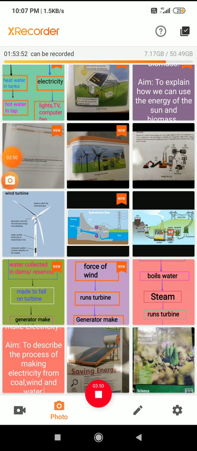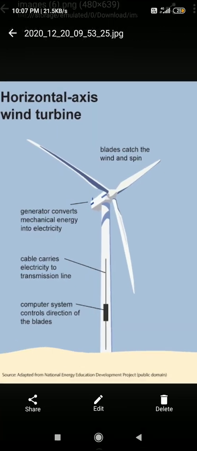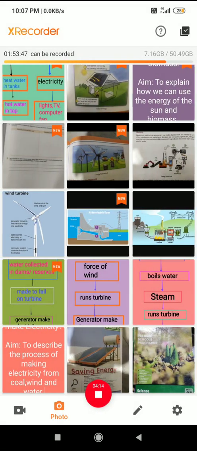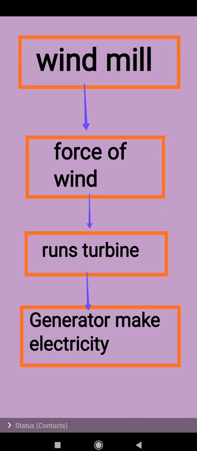So next one that we are going to go with is the windmill. Windmill means like this, students. You can see so many of these turbines, maintained at a distance, right? So what happens is, when the wind comes, it will slowly rotate the fan, the turbine will rotate. Okay, so what happens when it rotates? The force of the wind runs the turbine, then of course the generator makes the electricity. So this is the windmill. Okay, this is the second source.